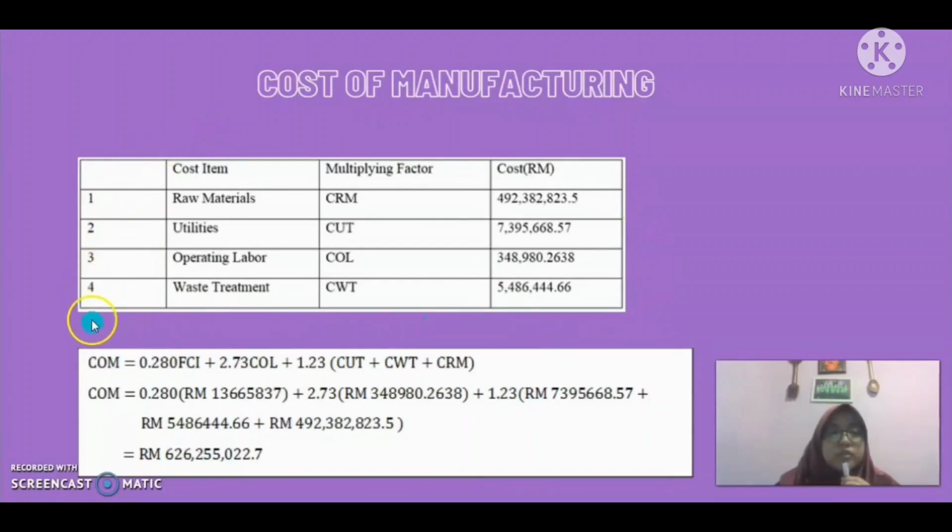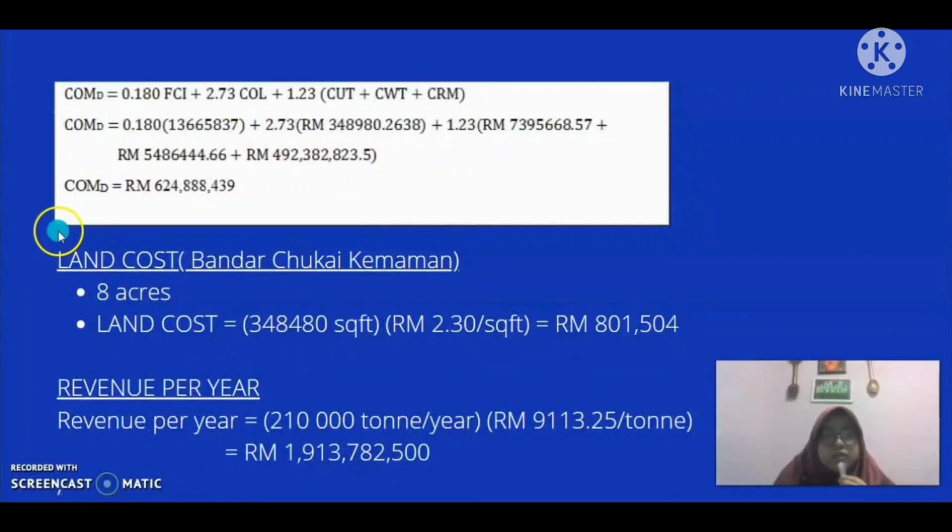to calculate cost of manufacturing, which is raw materials, utilities, operating labor, and waste treatment. And the result for the cost of manufacturing is 926,255,022 ringgit and 7 cent. The result for the cost of manufacturing without depreciation is 924,888,439 ringgit. Next is the land cost, which is located at Bandar Cukai Kemaman, and the price for the land cost is